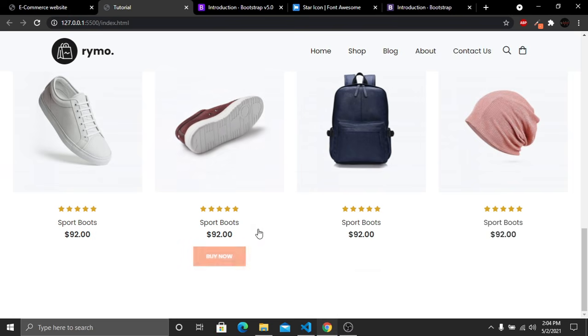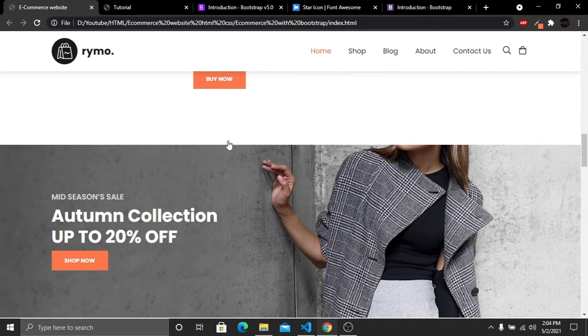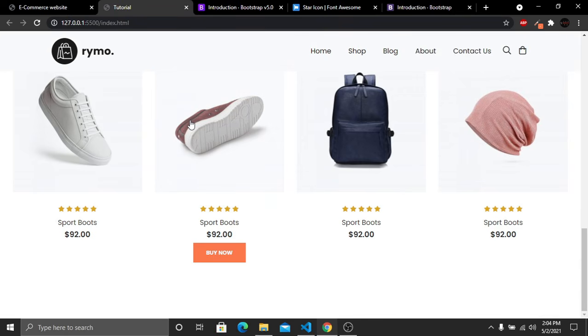So after this our featured section, now if we go to our website, here you can see that we have a banner here, we have a parallax background. So now we have to add this parallax background and this text and button into our website also. So for doing this, let's go to our HTML,